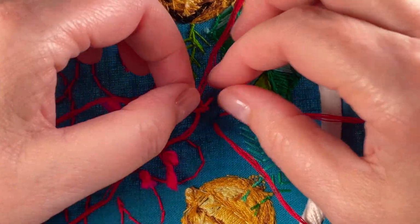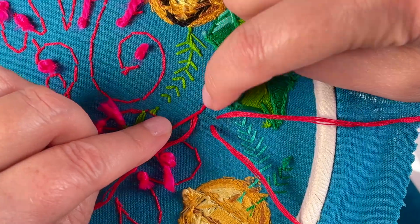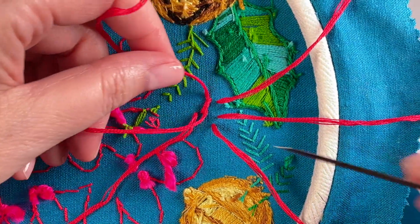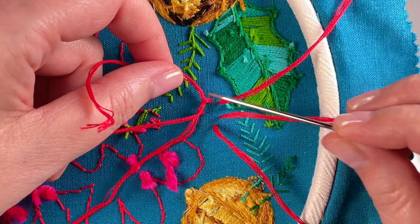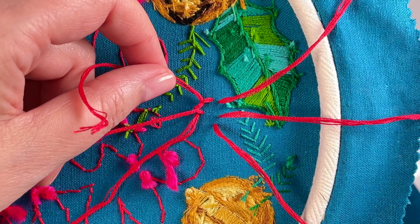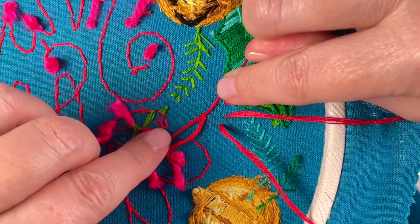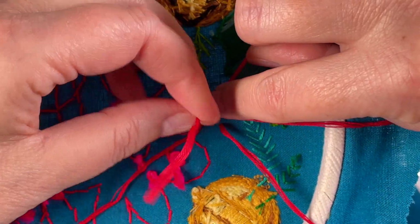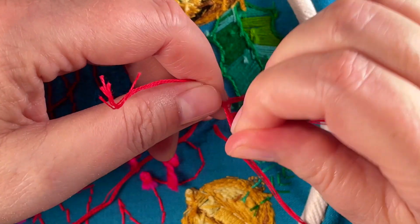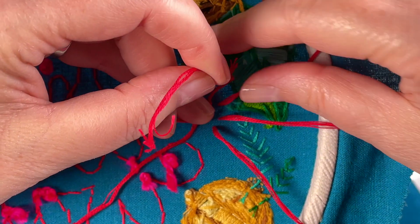What I do want to make sure is that it stays tight against the fabric. I don't want that knot right there to be loose, because then the berries on the front will be more wobbly. So I'm going to do my best to keep that knot really tight against the fabric. You might even invite someone in to come hold it for you while you do this part,